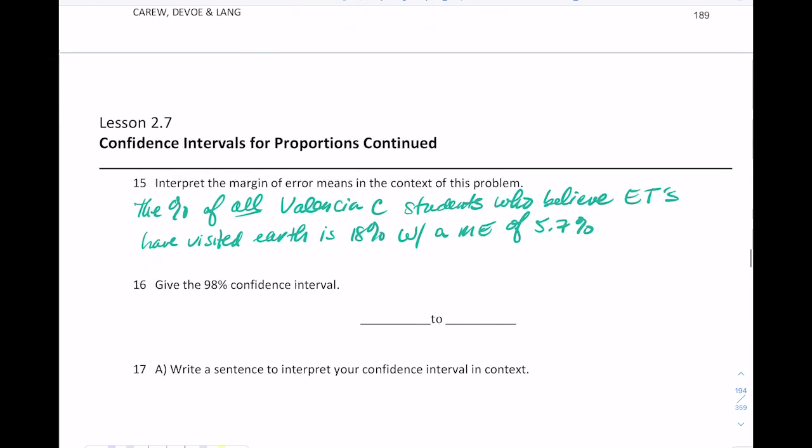So now to find the 98% confidence interval, I'm going to take my p hat and I'm going to add. So instead of writing 0.18, let's just do 18% plus or minus 5.7%. So if I do 18 minus 5.7, I get around 13.3%. And if I do 18, so wait, that's not right. 18 minus 5.7, so it should be like 12.3. And then 18 plus 5.7 is 23.7%. So we would just say we are 98% confident